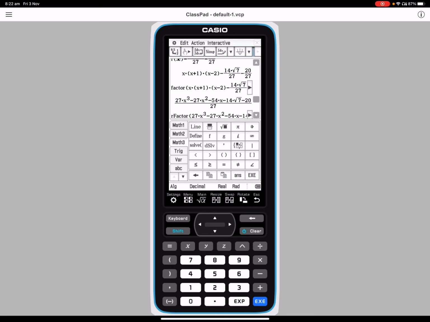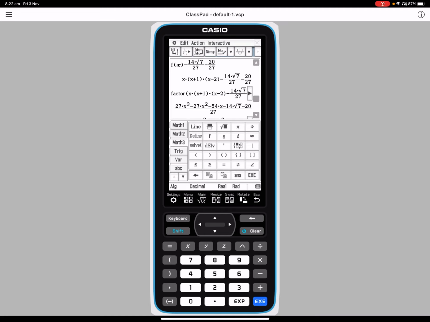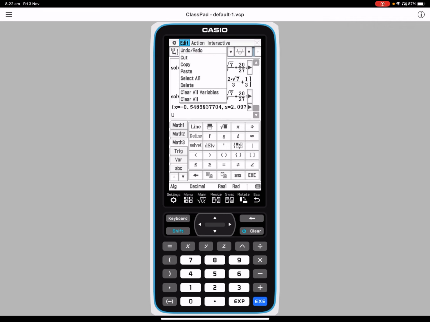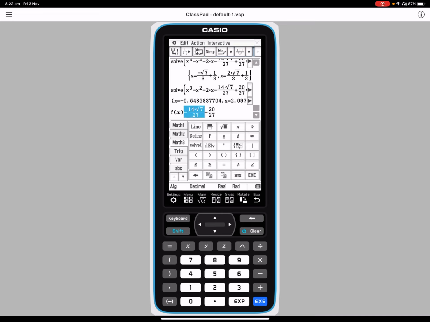How the hell is it? Well, we could just copy that, paste. Okay, so it's plus, and then I think it was minus that. If we let that equal 0, and then we solve,